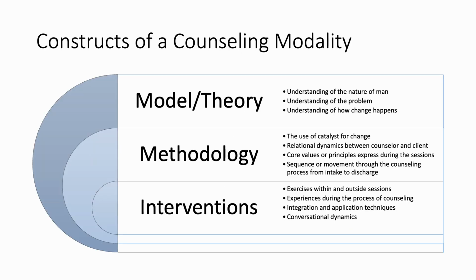In this illustration, you see how model or theory should inform both methodology and interventions. You don't use an intervention or engage a methodology that isn't consistent with your theory. So it's important that you understand theory first, and that's what you're going to be doing in Module 2. You'll read Lambert and look at some other material, and you will come up with the key theoretical principles that form the model for biblical counseling as a modality. You'll illustrate them with some images and some symbols and some key points.